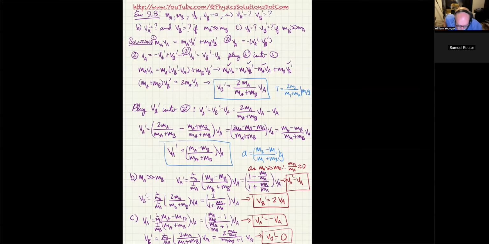All right. Your book talks about nuclear collisions, and to be honest with you, when you're dealing with subatomic particles, a lot of times the collisions happen so fast that the attractive and repulsive electrical forces between the particles sometimes don't last long enough, and therefore no energy is stolen. So a lot of collisions at the nuclear and subatomic level are often considered to be elastic. So that's why this is a fairly realistic problem. Let's go to example 9.9.